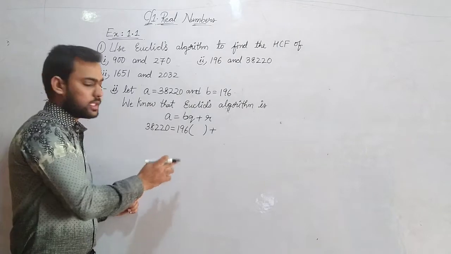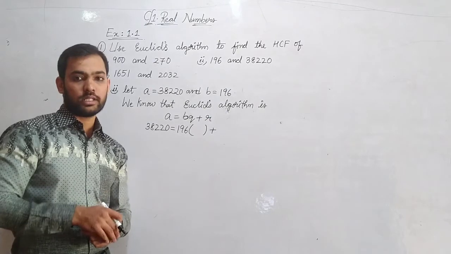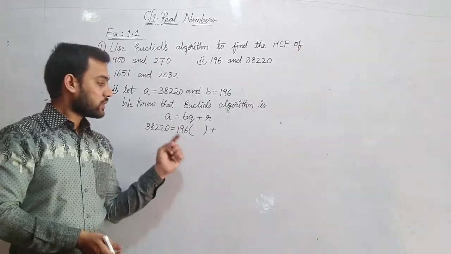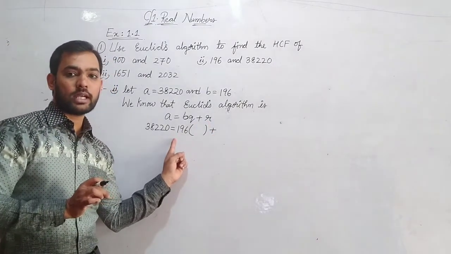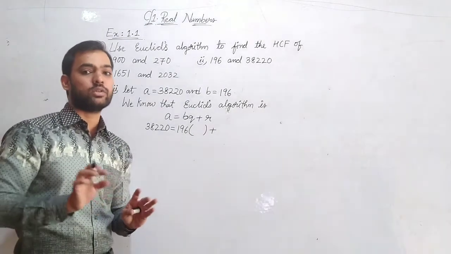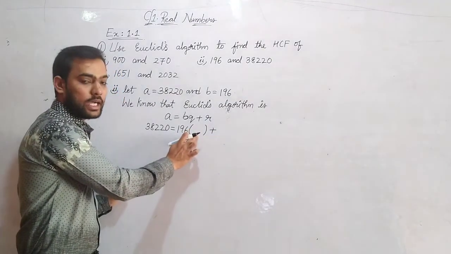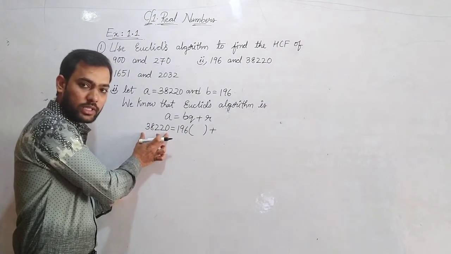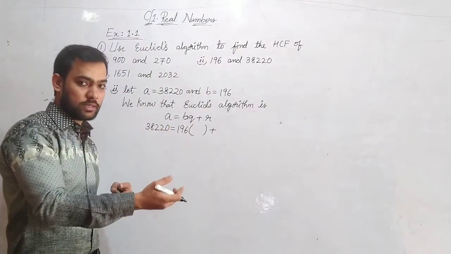So in these types of questions, usually when we read the multiplication tables, we go till 10 only, like 2 tens are 20, 3 tens are 30. We don't go further, right? So here you need to think that the remainder cannot be more than 196. So you just cannot take 196 tens and whatever remaining you write on the right side. Don't think like that. 196 should be multiplied with such a number that after multiplying, either you should get 38,220 or just less than this number. Okay? You cannot take more than the number also.